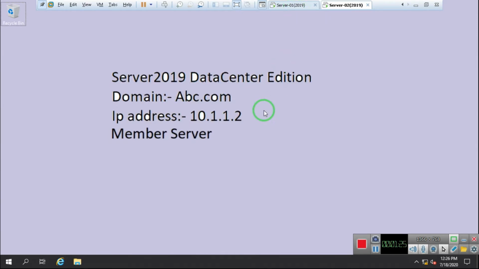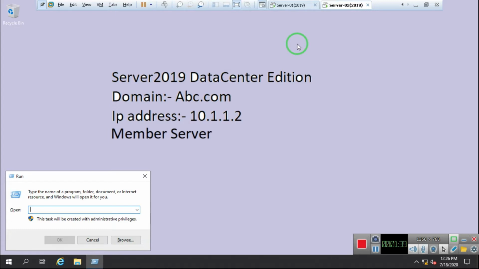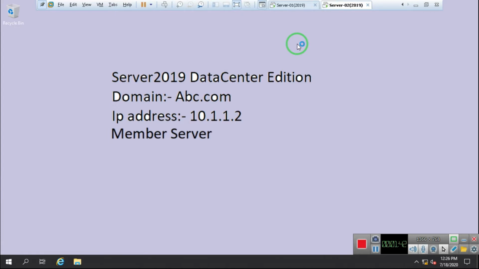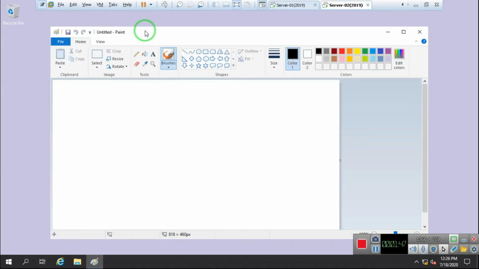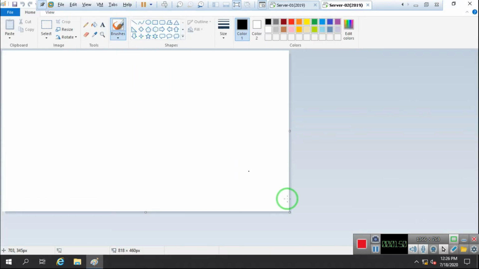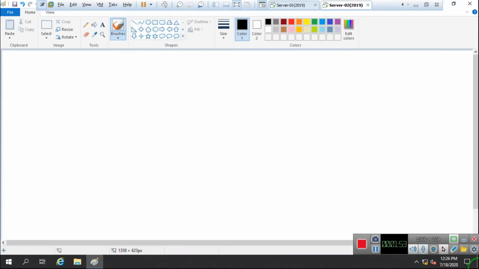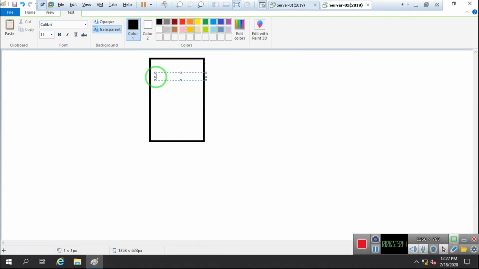Now today I'll show you the lab practical of how we can implement SAN storage. For that, what we need is one physical storage. Right now I don't have any physical storage, so I make one server like this. This is my server, imagine. This is my DC, the server one.